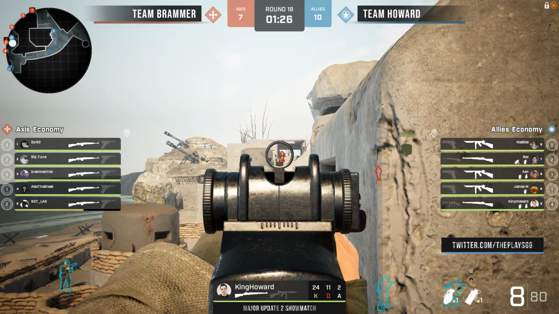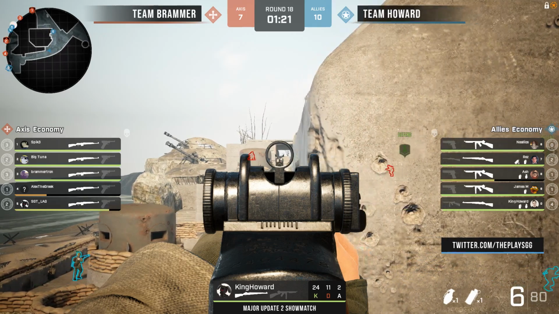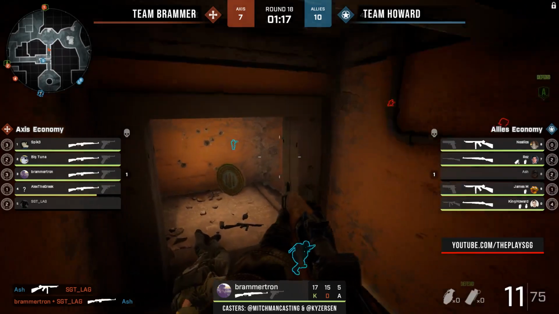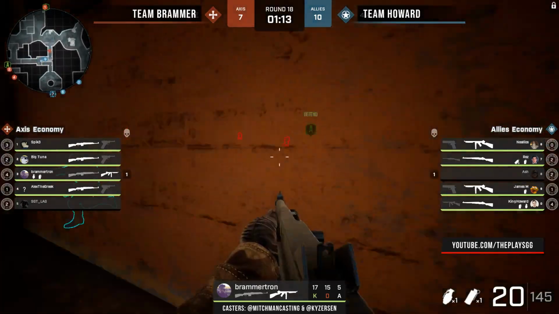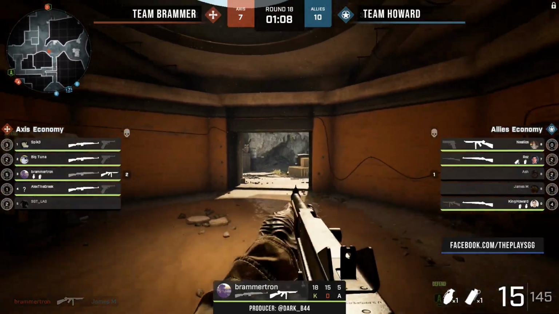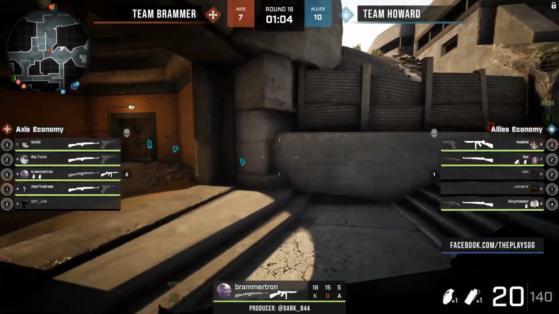Allies. Allies, yes, allies. Of course, sides have swapped. We saw Rez there in the previous round, baiting out the ladder, the one before. That was absolutely beautiful play. It was. And coming into this 4 versus 4 as the trades go down, Brammerton going to extend that lead even further. The 2 kills on the board already, as Team Howard